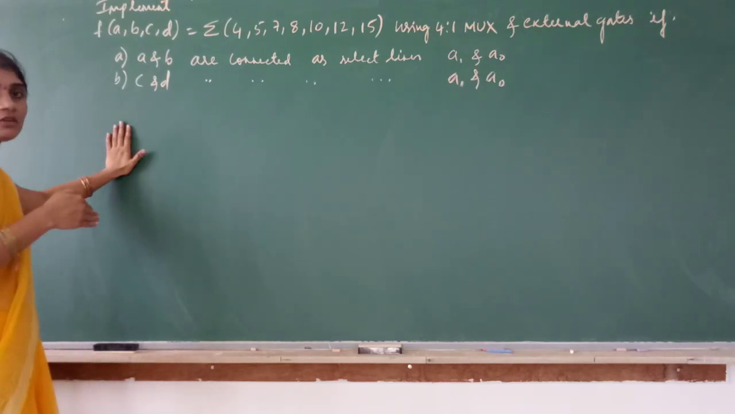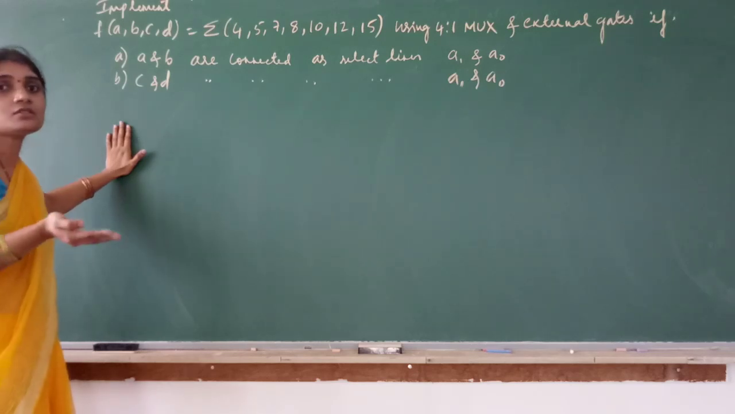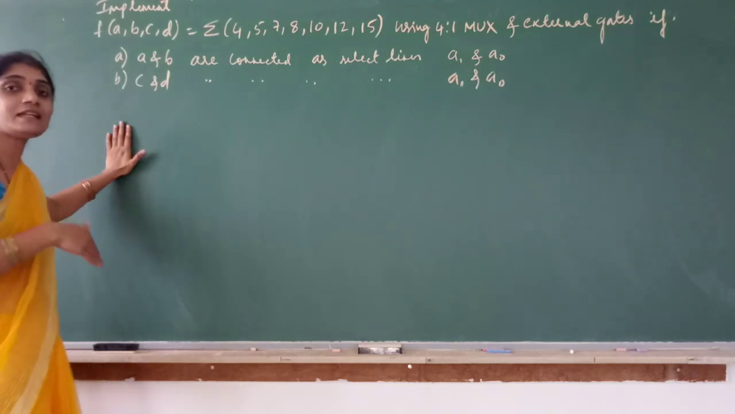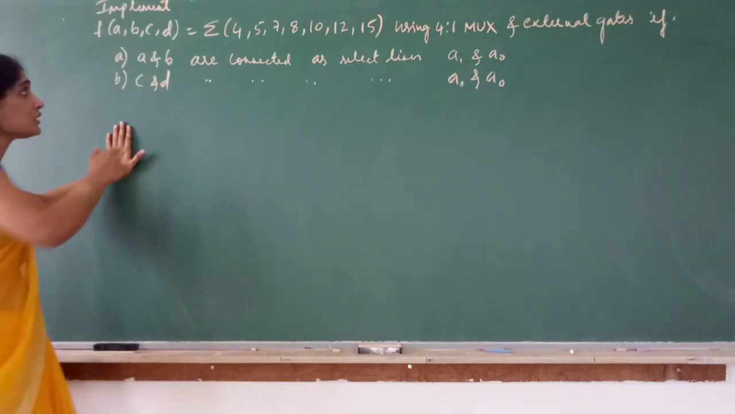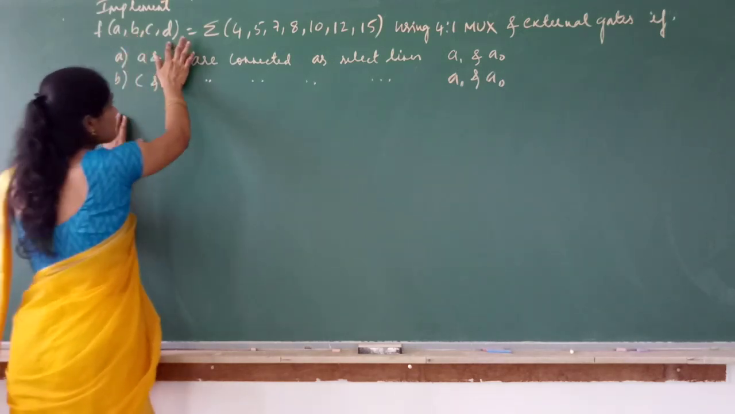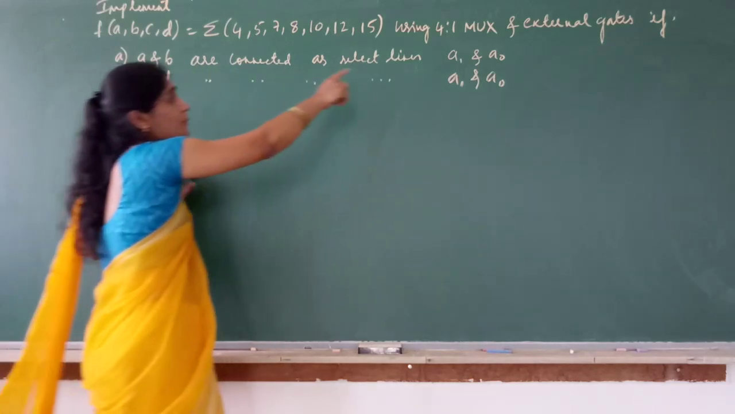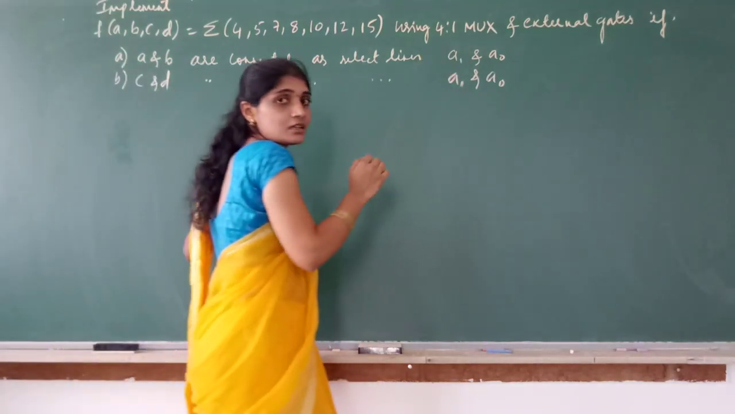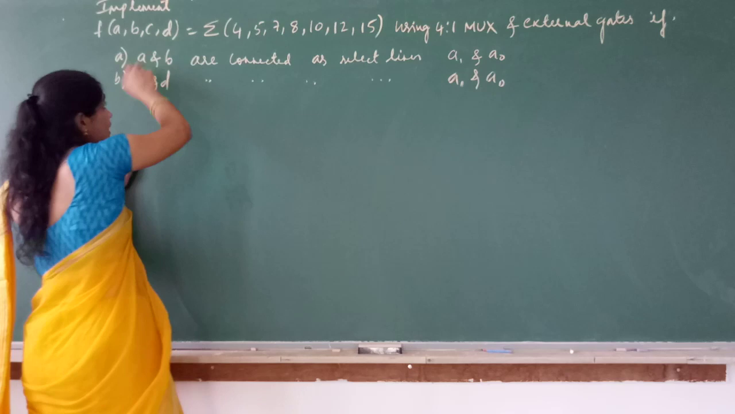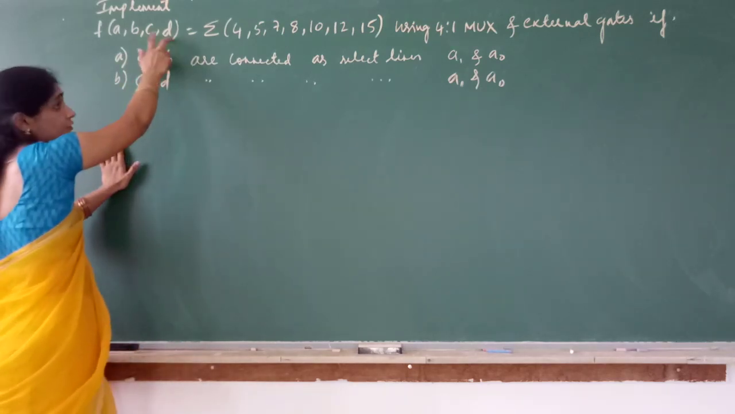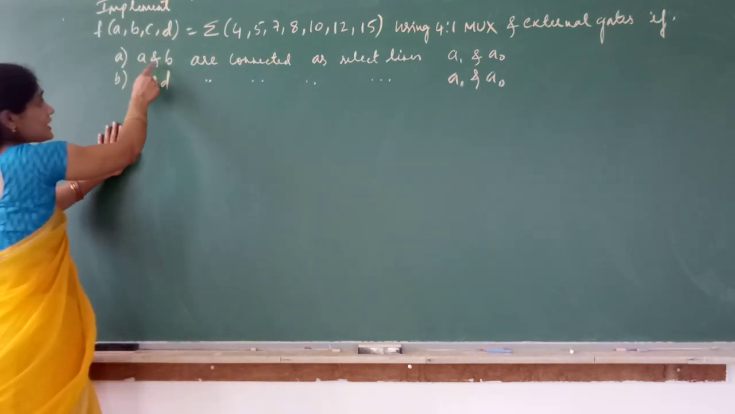So 1 variable we were reducing. Similarly, with an 8:1 mux, a 4 variable function we implemented using 8:1. So 1 variable we have reduced. But look at this, this is a 4 variable function and they have asked us to implement it using 4:1 mux. So 2 variables, we have to look into 2 variables